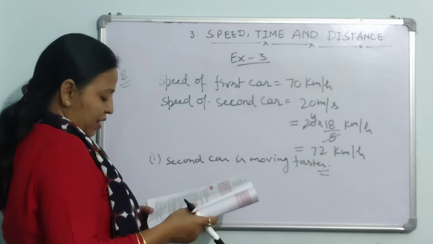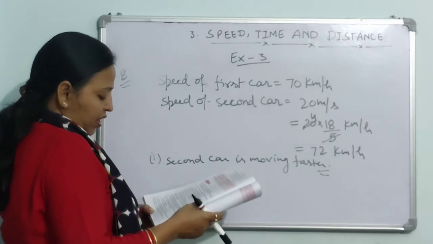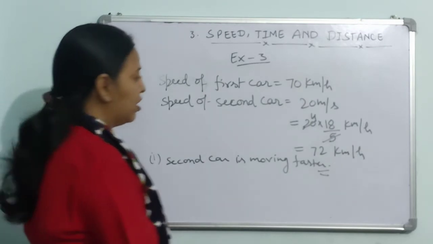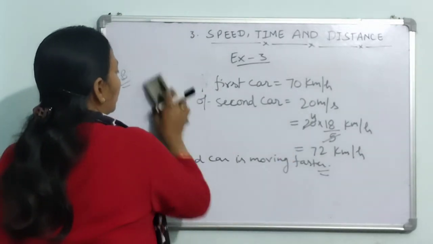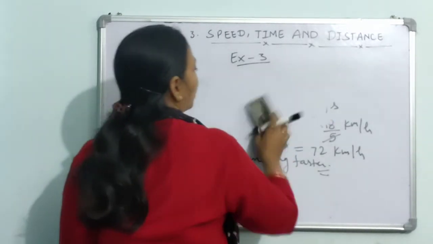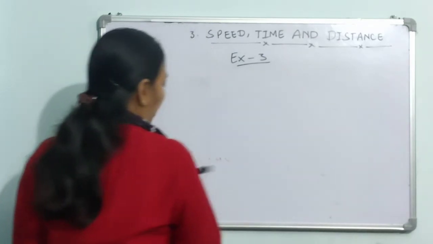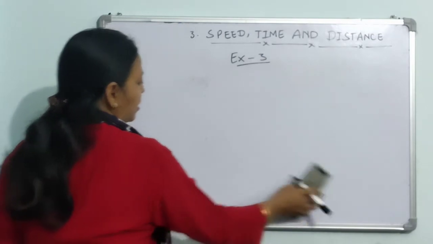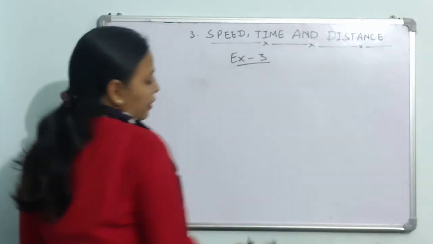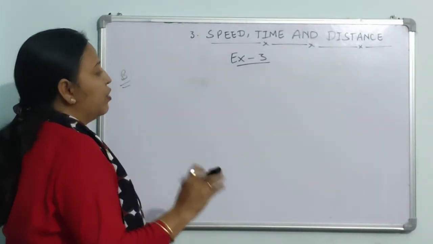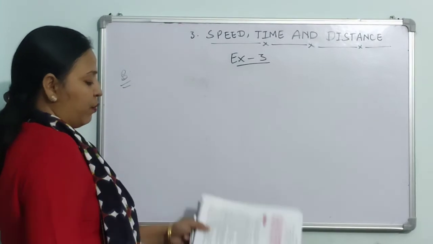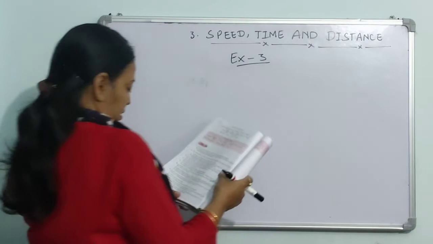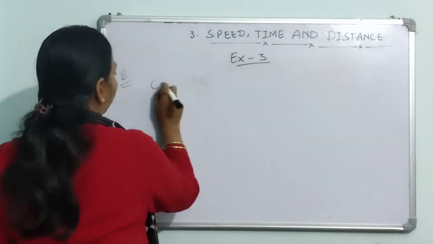What is the second part? What is the distance between the cars after 1 hour 15 minutes? In this you have to find the distance covered by both cars in the time given in the question. After calculating the distance covered by both cars, we can compare which car is how much ahead of the other one. Okay, so first we will note down for car 1.